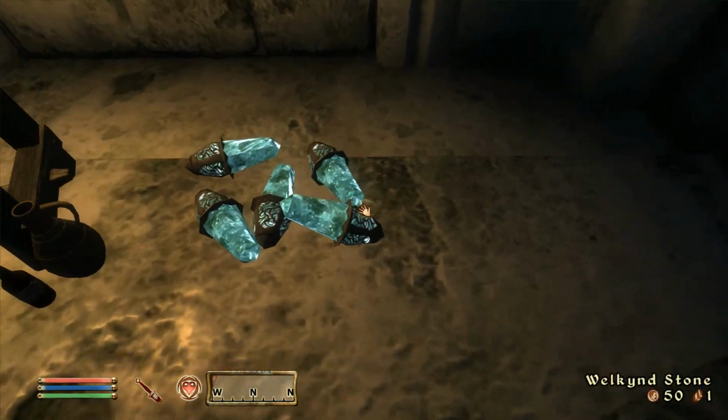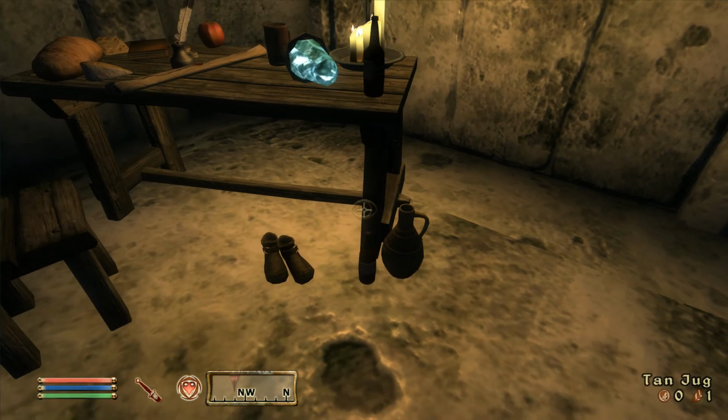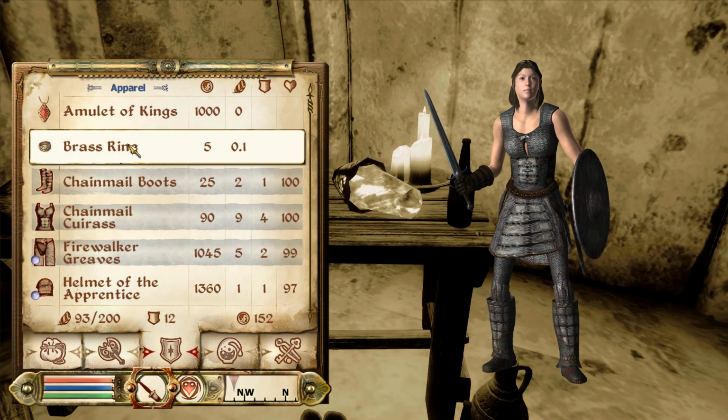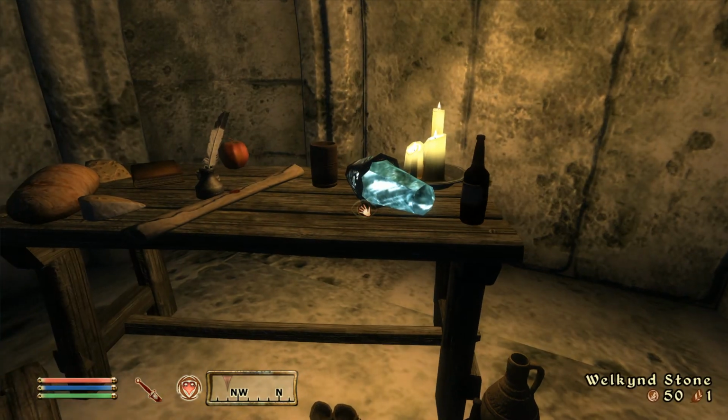Oh man, all of the Welkin stones. Oh, yeah, that's a 50 value. They're actually, considering the weight, I think it's about the same as a pearl. Do I have any of those really light things? Yeah, like this. It's a brass ring. This is actually, even though the value is 5, since the weight is 0.1, well, it's still, I think that's...